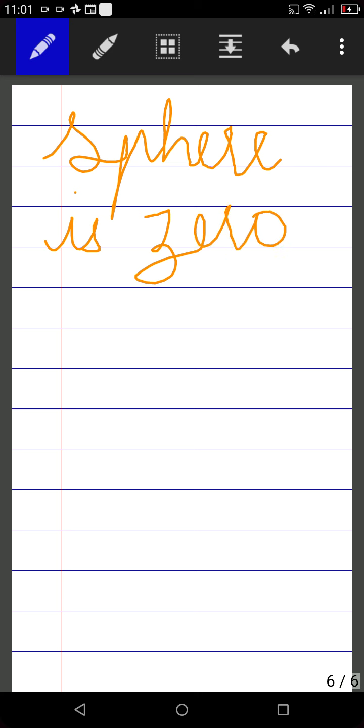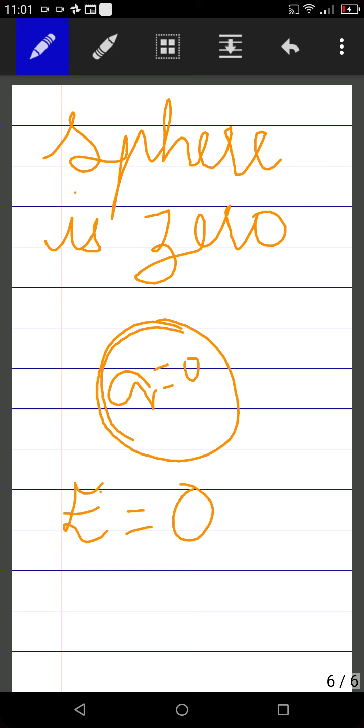Now one more I will tell you. If we take a shell, what is a shell? A shell is just like a ring. Even here the charge inside is 0 in the case of a shell also. So here also the electric field is 0. So now what we have learned is that in the case of a conducting sphere, the electric field inside will be equal to 0. Even in the case of the shell, here also E is equal to 0.